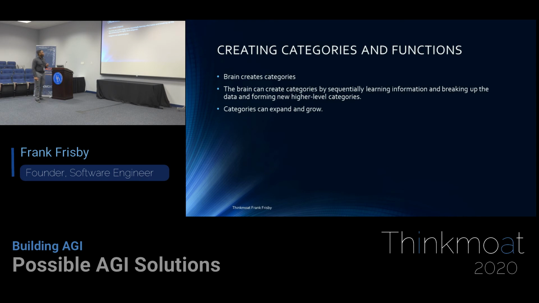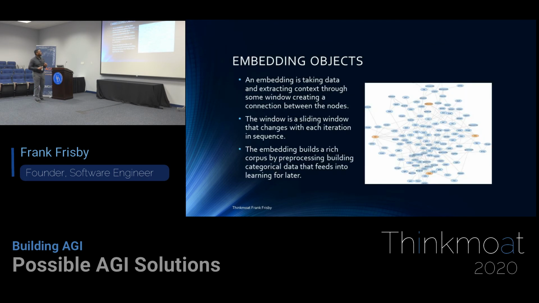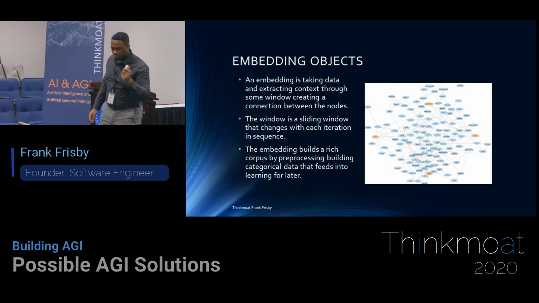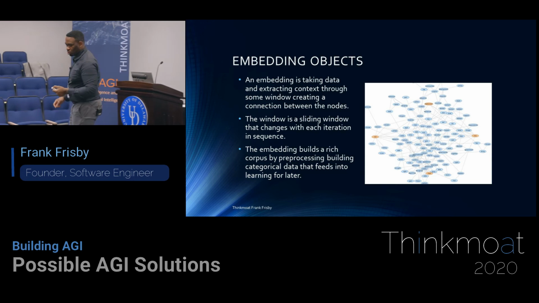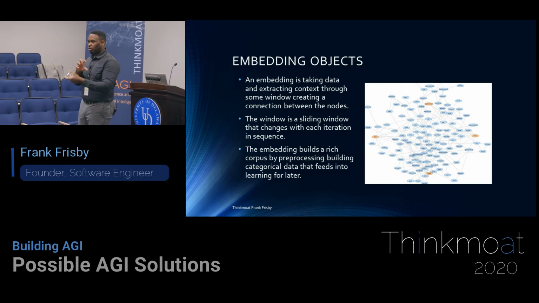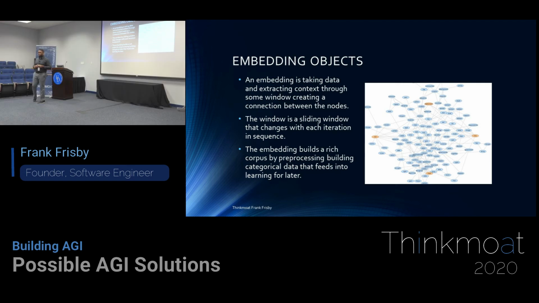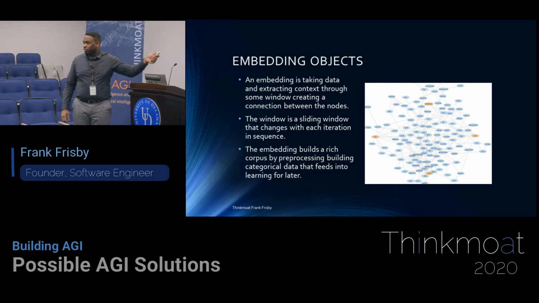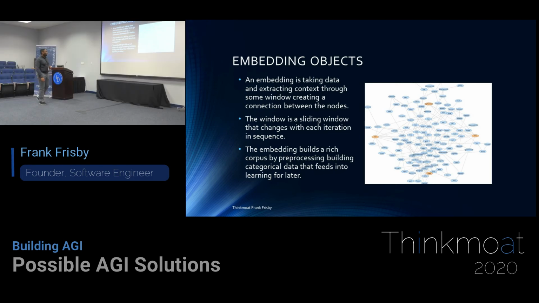All right, so I went over this already, so creating functions. Expand and grow. Okay, embedding. So we talked about this earlier with Word2Vec. We talked about this earlier with the whole graph system. Embedding is important because you're embedding everything with itself around other things. You make connections with everything. You use an embedding system for this. One of the root parts of programming is embedding. I would spend time learning about this if you're going to get into this field of embedding.